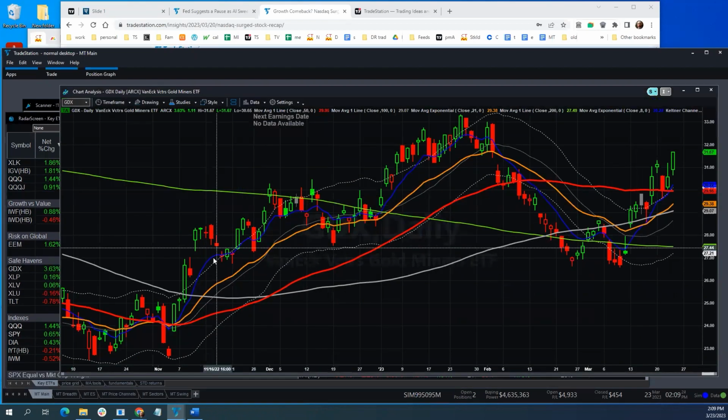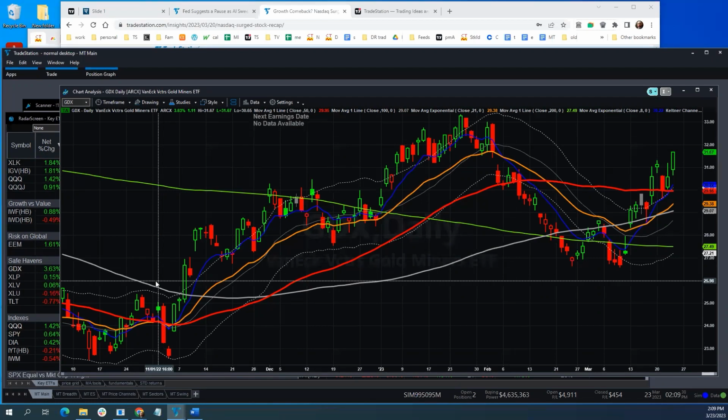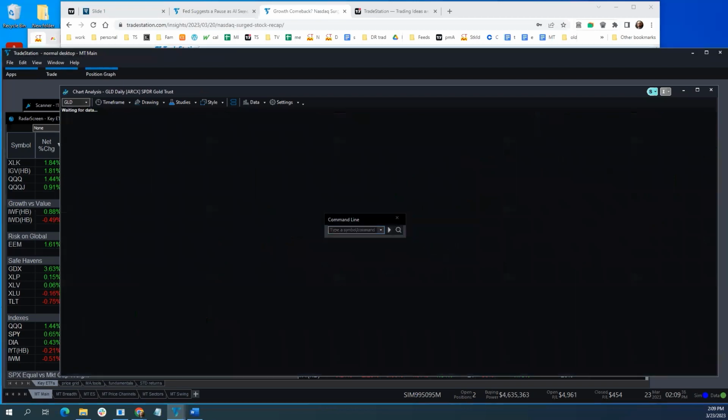Now, 2 weeks ago, I had actually been looking at gold, and to me, at that point, I was still expecting the hawkish Fed. It was kind of right at the cusp of the banking crisis. But now when you take a step back and look at it, I think it's important to realize